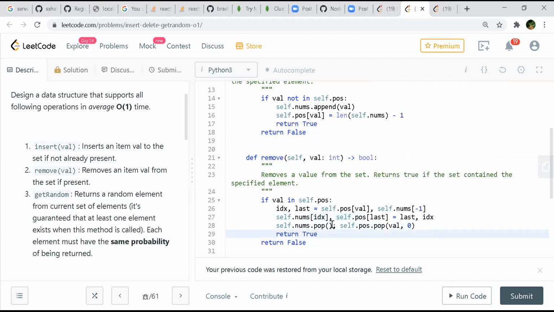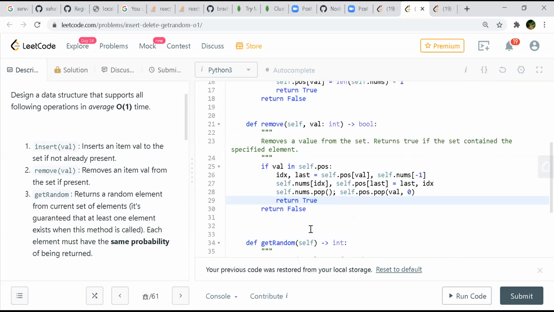And then I'm popping out the last element from the array. So it will return true, else the other case will return false. Yeah, right.